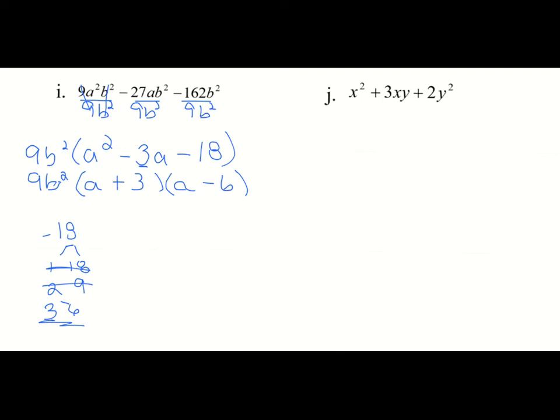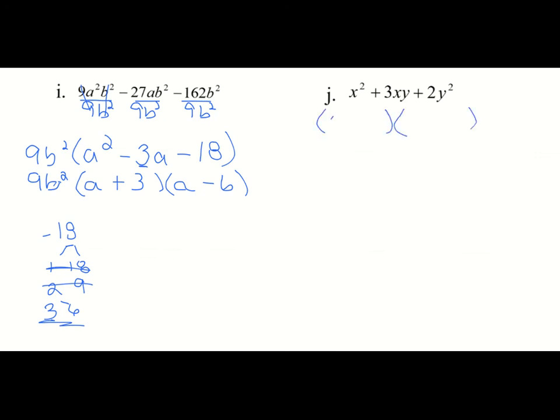Now for J, you're looking at that and you're like, okay, it looks great, except we have 3xy and 2y squared. So we have x squared and y squared. They're like bookends, and they're squared. It is still factorable. There is no greatest common factor here. When we go to factor this,